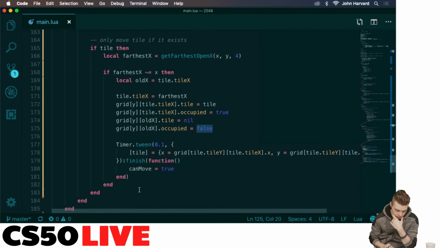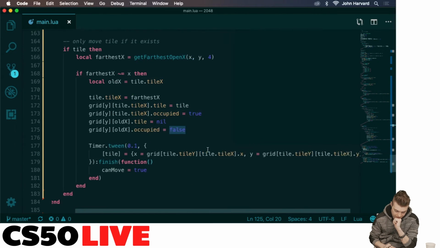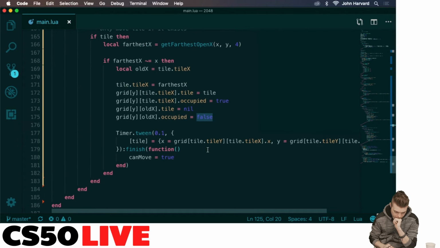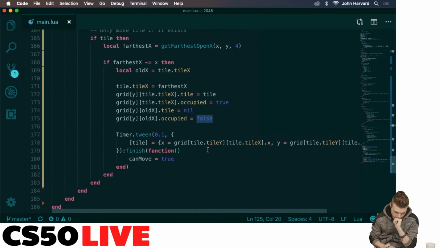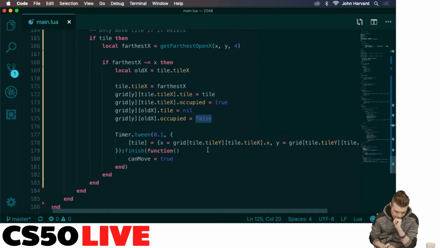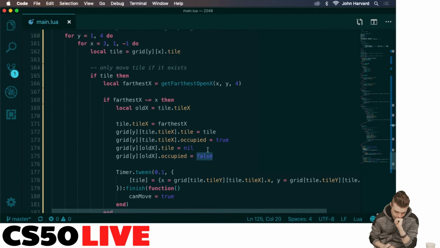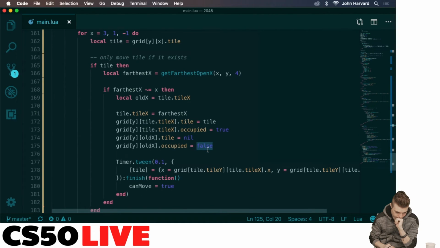Like it's not doing this tween operation. Or if it is, then the numbers are not working. It'll come to me. If anybody sees it,